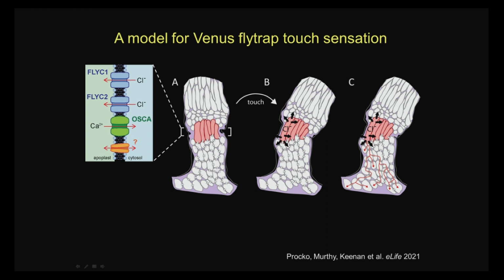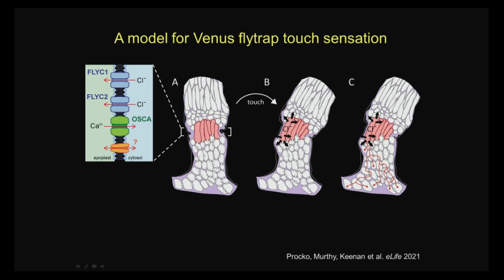This depolarizes the cell and then sets up this action potential, which then propagates through the leaf, right, through these little passages, conduits, which connect leaf cells together. These are called the plasmodesmata, right? So these, and also voltage-gated ion channels, right? So this electrical signal propagates through the leaf and then causes the two leaf lobes to close by an as